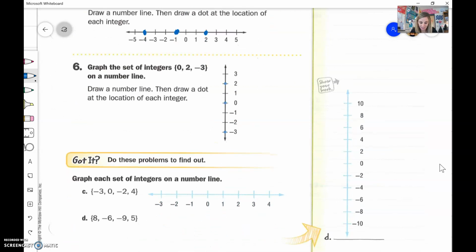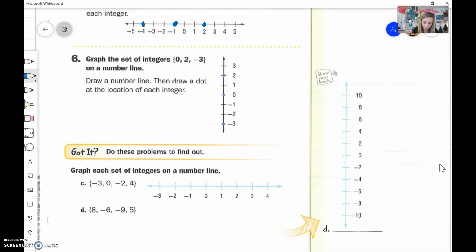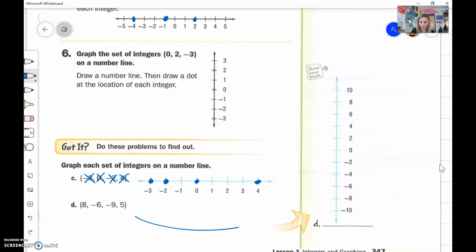Okay. Let's take a look at C. -3, we're going to graph it there. 0, graph it there. -2, graph it at -2, and +4. Graph it and mark it off. Now let's use the vertical one for this. Okay, +8, make sure you don't do negative. -6,